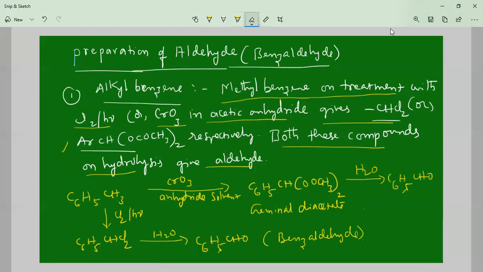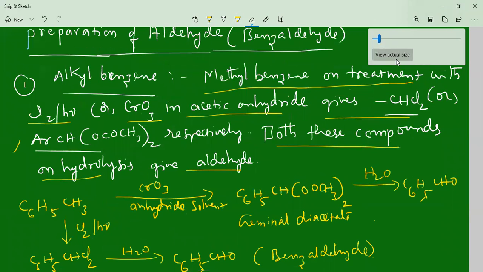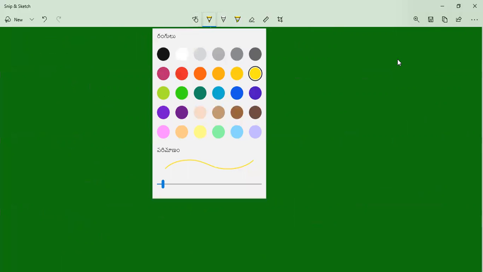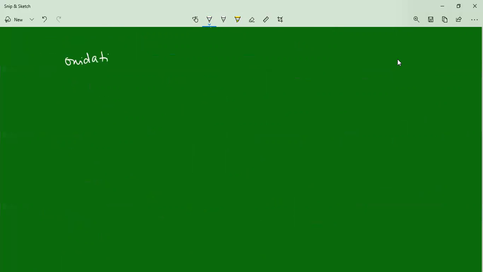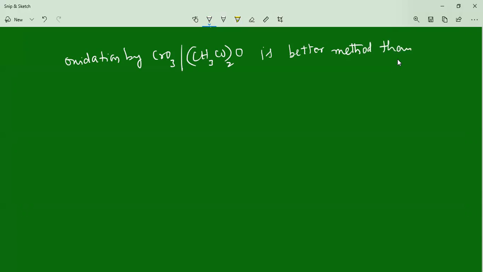Hope you understand. Now, in addition to this, we are going to show how this benzaldehyde is going to be obtained. What are the conditions in this reaction? The reaction conditions are quite interesting here. When you do the oxidation process, oxidation by CrO3 in acetic anhydride, (CH3CO)2O, this method is actually said to be a better method than the other one, which is chlorination,